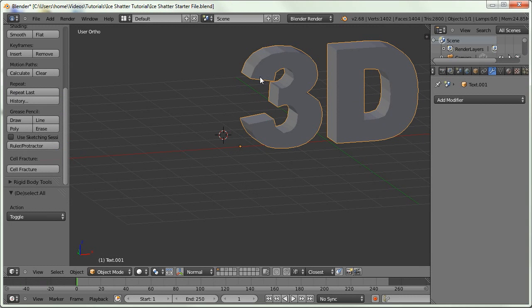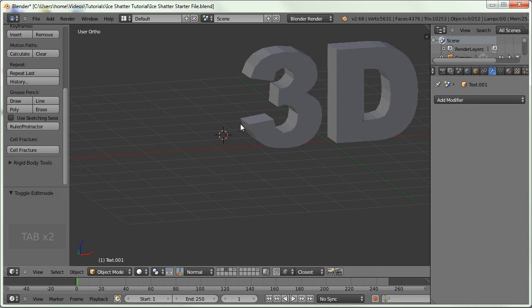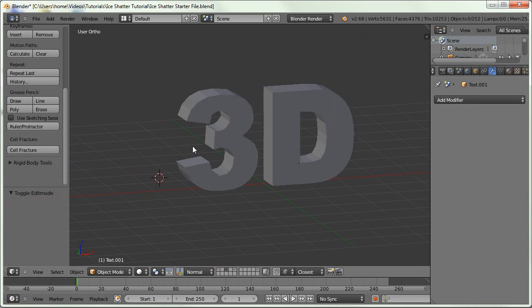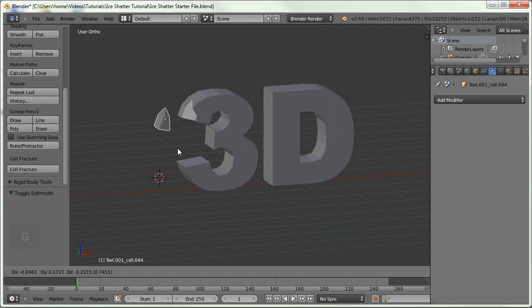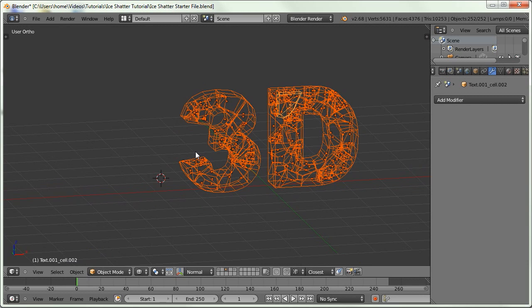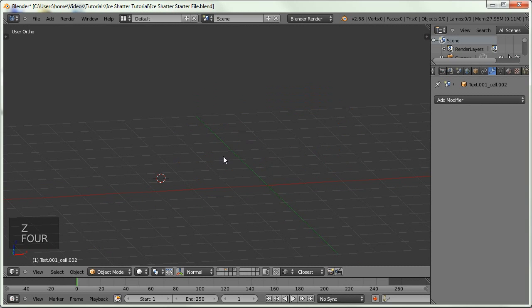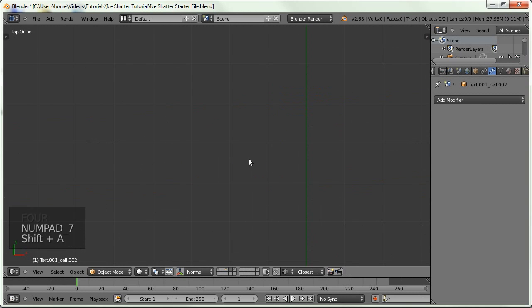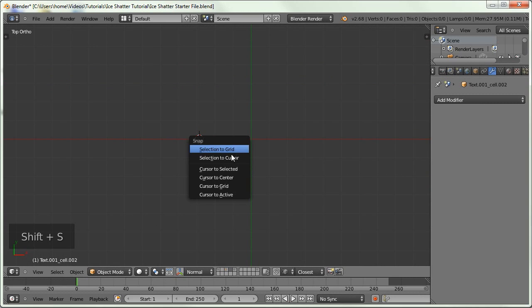And if we select our text, we've still got our original here, and if we look on layer 3, we now have what looks like a normal mesh, but they're now all separate pieces. So I'm going to hide the toolbar, and the next thing we can do is actually get some physics going on them. So on layer 4, I'm just going to go into top view and Shift S cursor to center,